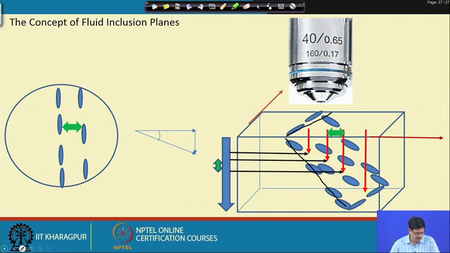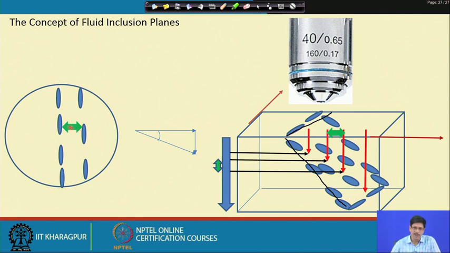And as shown here, when we are seeing them under the microscope at a particular position of the microscope stage, we will see the inclusion plane, the array, like this on the two dimensional field of view of the microscope. If we raise or lower the microscope stage, this particular linear array of inclusions would tend to move in a direction, for example, which is shown here. If we are raising the stage of the microscope, then we are focusing the plane at deeper and deeper parts, and so this array would look to move to the right.